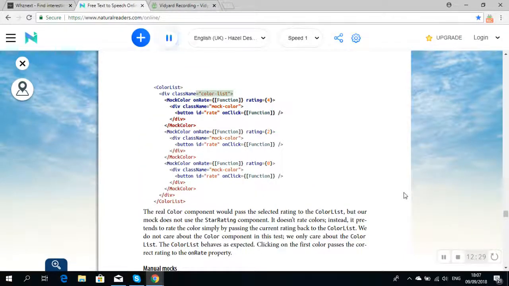<ColorList onRate={function} <MockColor rating={4} id=... onClick={function} /> <MockColor rating={2} id=... onClick={function} /> <MockColor rating={0} id=... onClick={function} />